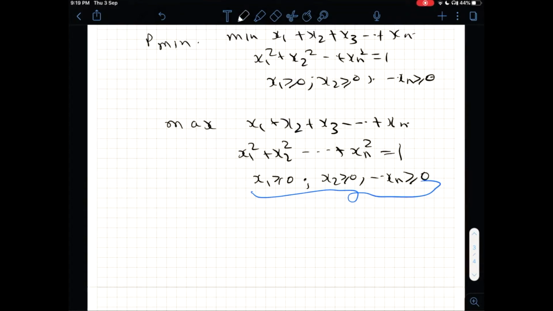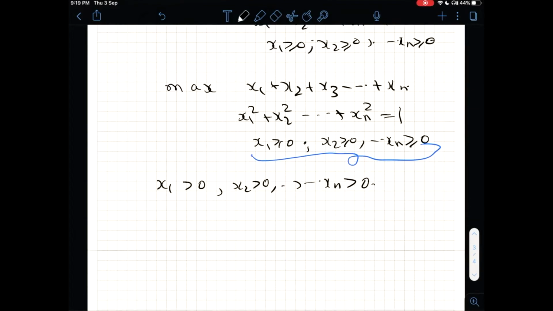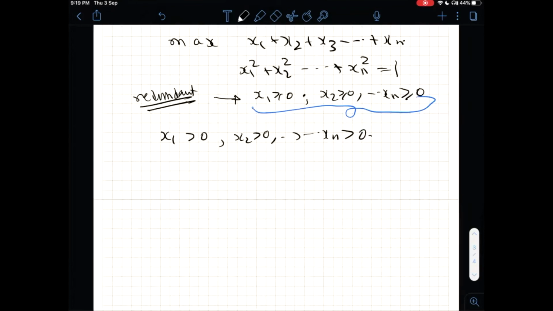So here I am going to take a hunch. I'm going to start with the hunch that maybe all of them are going to be greater than 0. This is a simplifying hunch and also a hunch at the same time. So I'm going to assume that all of these variables are greater than 0. If all of these variables are greater than 0, then these bounds are becoming redundant. So even if I don't model them, I'm not going to have any problem. My problem will become, and I'll explain what I mean in just a few minutes,